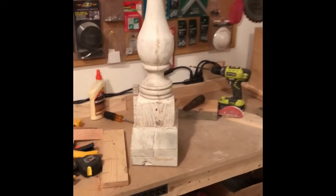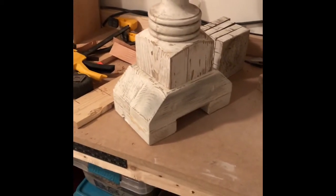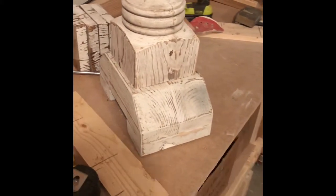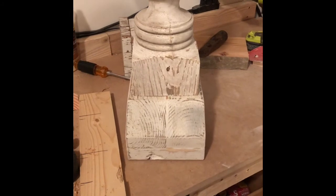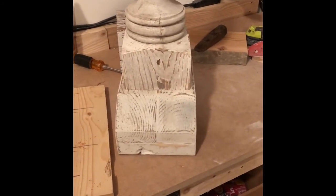All right, so I just finished aging this one bottom of the leg here. And as you can see, it looks pretty close. It's obviously not exact, but if I didn't point it out to you, you wouldn't necessarily be able to tell the difference. So I need to do the clear coat still, but I wanted to show you